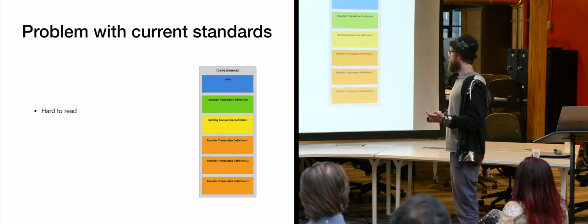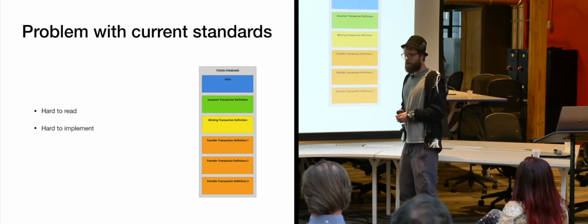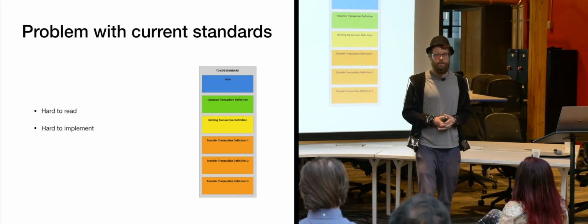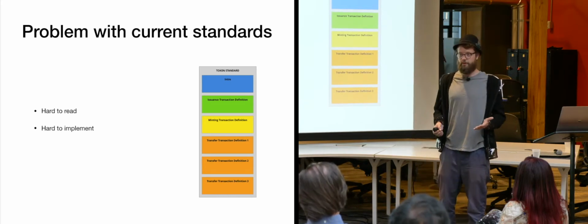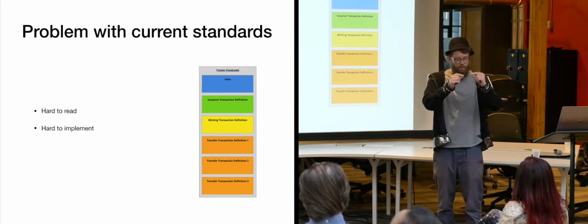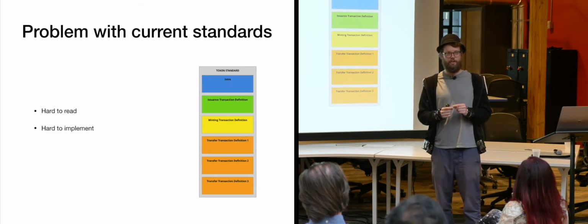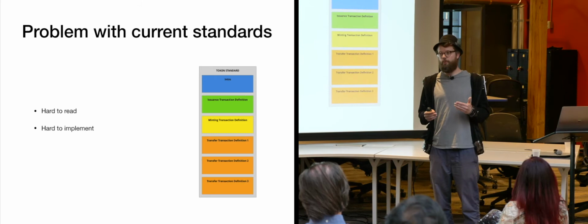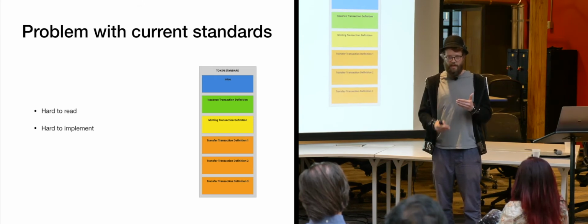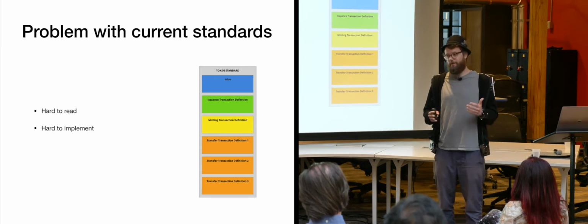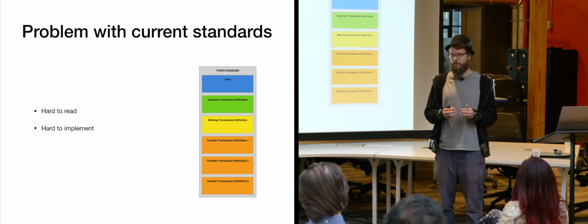Okay, and the second problem is it's hard to implement. In my opinion, there's no harsher punishment for a programmer than having to re-implement one of these standards, because you're going to spend months sitting there parsing every single line in this text-written document and turning it into code. That's just something horrible to do. And there's no way that if someone does this for 100 pages, they're not going to make one little mistake. Okay, so I would bet that none of the Omni implementations